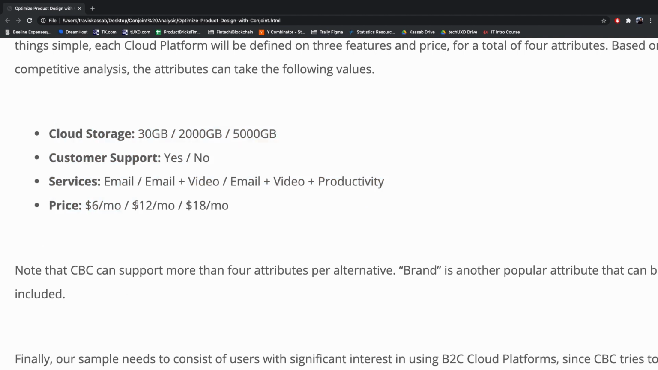You can think of many other ways to define your products, right? We're just using cloud storage, customer support, services, and price. You could think of, like, brand is another really popular attribute to include. What else? Maybe another attribute would be number of users allowed on a subscription. Is it a solo subscription, or is it more of a team-based subscription where you can have up to 5 users, or maybe it's enterprise level where you can have up to like 1,000 users. So these are different features or attributes that we can use to describe our